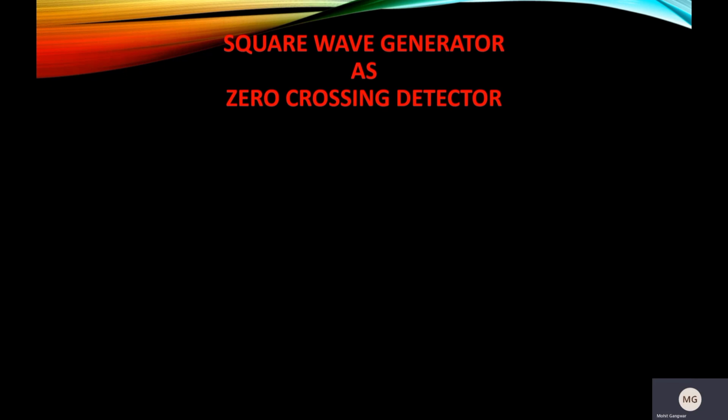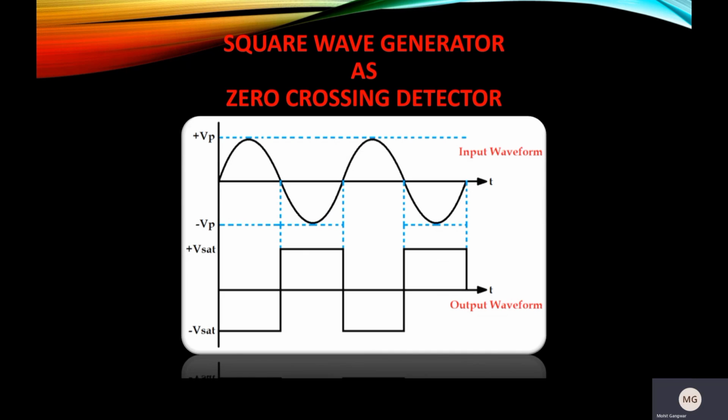Here is an interesting application of the square wave generator. That is, the square wave generator is used as a zero crossing detector. It is used to track the change in a sine waveform from positive to negative or vice versa, or when it passes the zero voltage. It is clear from the shown diagram that whenever a sine wave crosses zero, the output